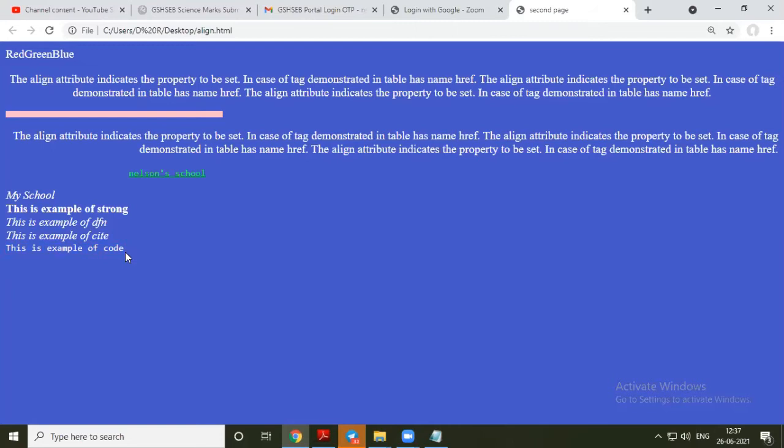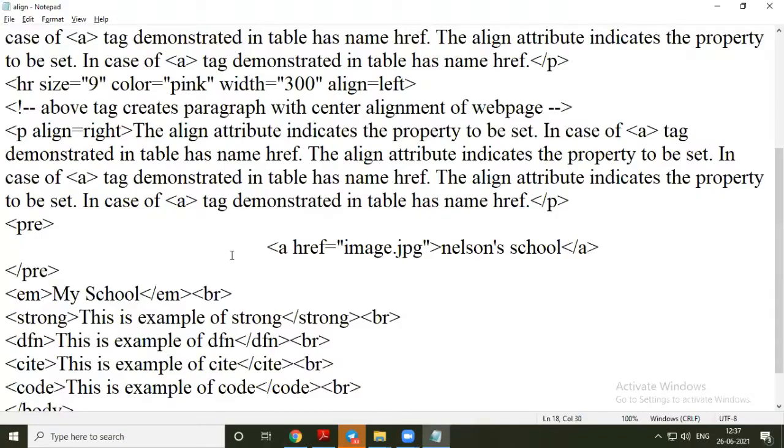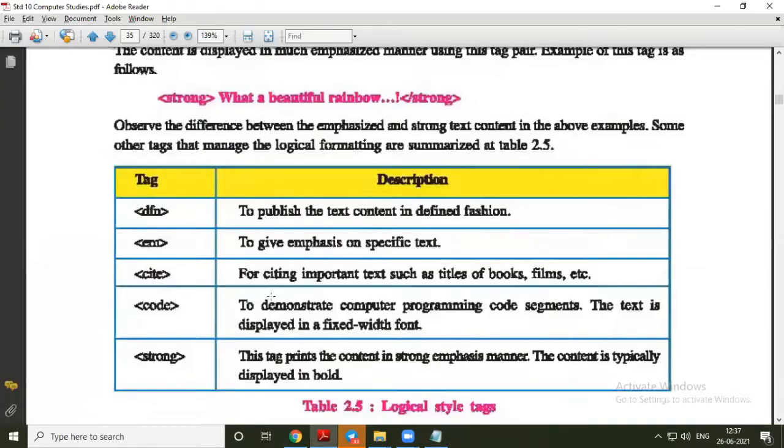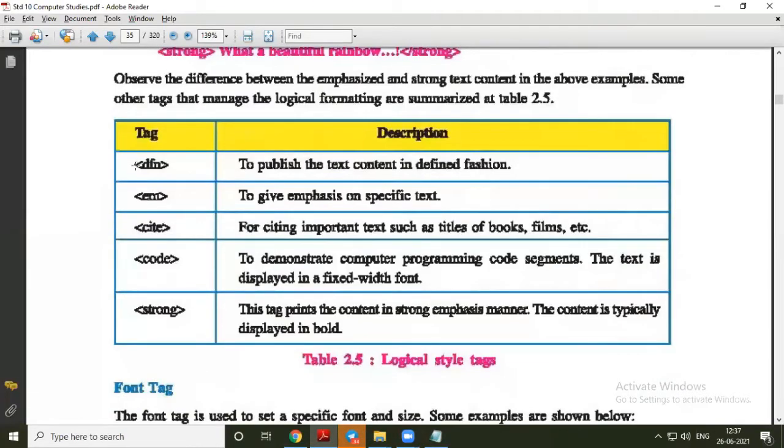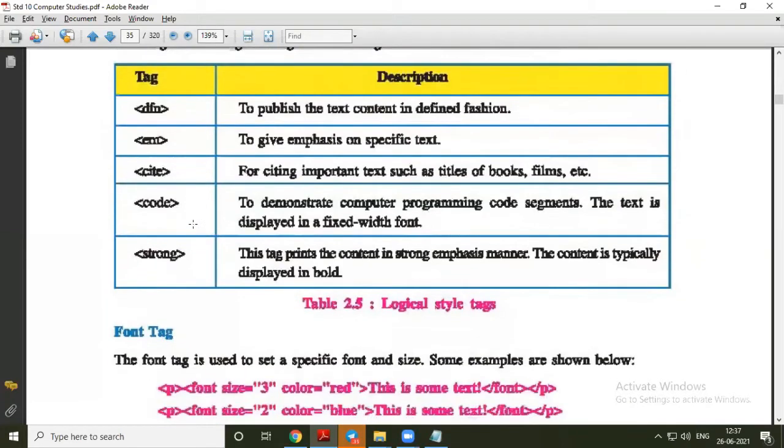This looks like program code to your font. In normal practice we don't use these tags much in our web page, but for your information and theory purpose you have to remember this.